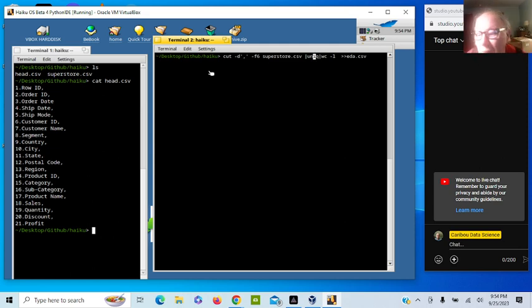Now, just to give you a little heads up, tomorrow night we'll be moving on to awk, and we'll be doing things like counting the number of orders per segment or counting the number of orders per customer and stuff like that. Some more summary information, some basic single column group by functions. Okay, so